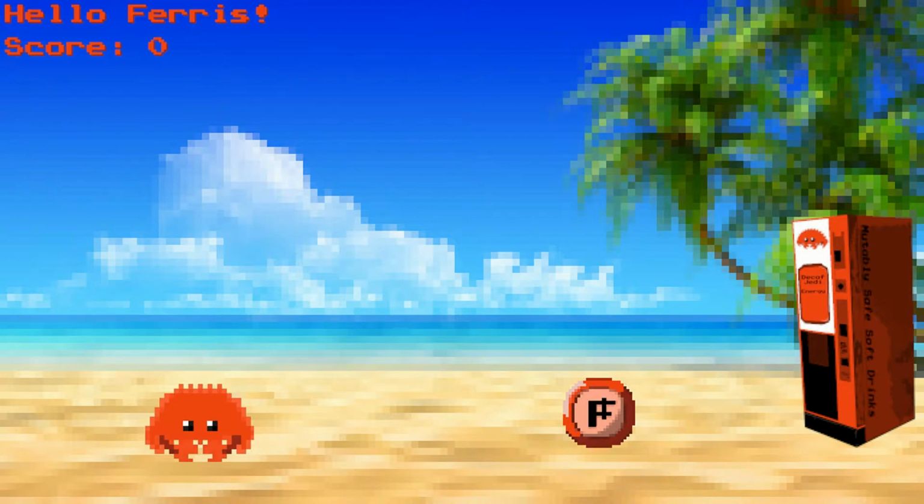So starting off on the whole entire screen, we have a couple layers that are being rendered. The background is static. It's there all the time. It's the first thing that's rendered. Then we have the vending machine, which is an individual object that's being rendered at a certain position. Same with the coin, and then Ferris, and then we also have the text up here as well on